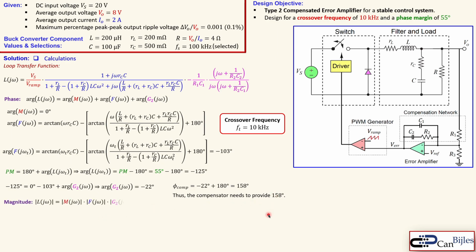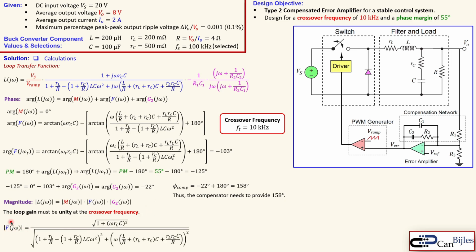So our magnitude will also be determined. The magnitude of our loop transfer function is the magnitude of the transfer functions individually, multiplied together. The loop transfer function must be unity at that crossover frequency, because that's the definition of the crossover. So we have the filter and load transfer function, the absolute value, and when you evaluate that at the unity gain frequency, or the crossover frequency of 10 kilohertz, or 2 pi times 10 to the power 4 hertz, you end up with this value. But we need the product of these three to be 1. The modulator gain is already given, which is 50, by the way,